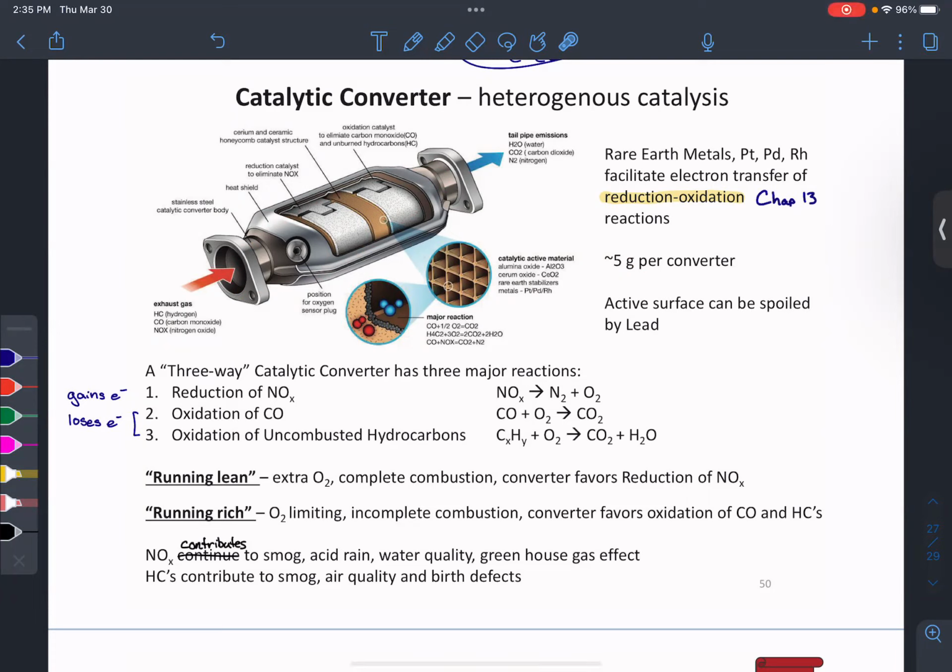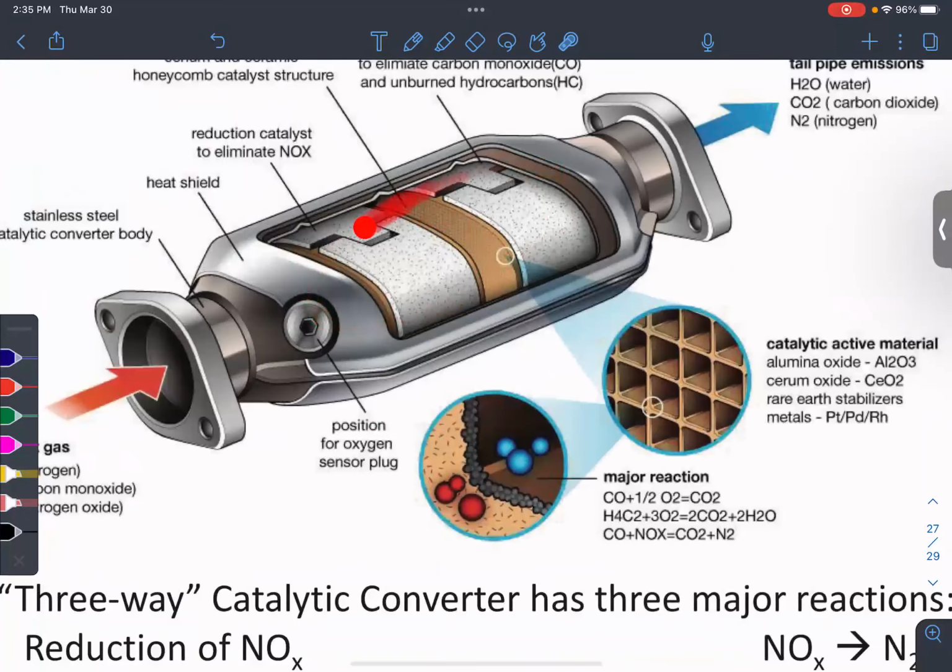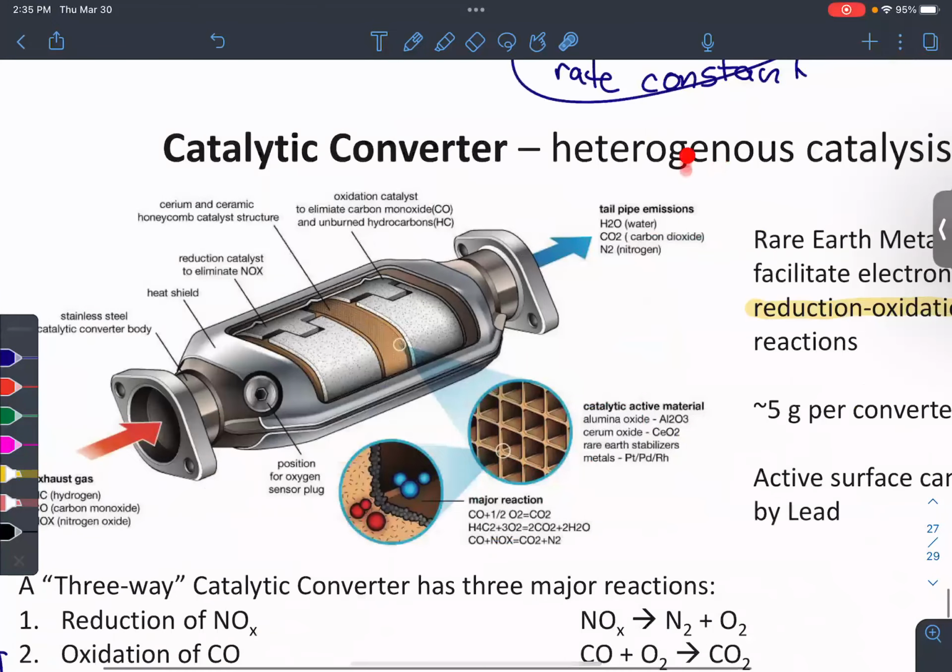So it's mostly platinum, palladium, and rhodium. Those rare earth metals are scattered along, I think, an aluminum dioxide frame, a honeycomb frame. If you look at a catalytic converter, there's a lot of air pockets within it, because this is an example of heterogeneous catalysis. The catalyst itself is a solid, and all of the reactants that it's trying to catalyze are gases, the gases that come off of your vehicle's exhaust system. The only way your catalyst will interact with those gas species is at the surface.